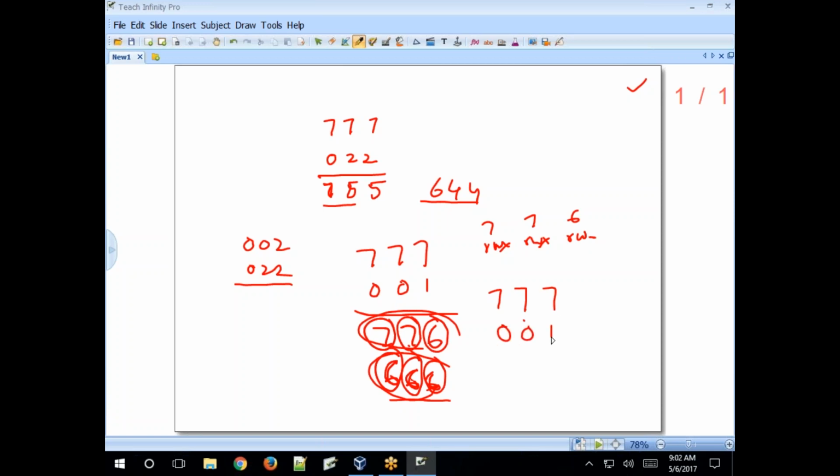So the mask value 001: 0 mask value for user, 0 mask value for group, and 1 is the mask value for others. So what is 1 here? Read, write, execute. Read means 4, write means 2, execute means 1. Now remove the execute permission from the total value 7. That gives 6, so 776. Yes, 776.